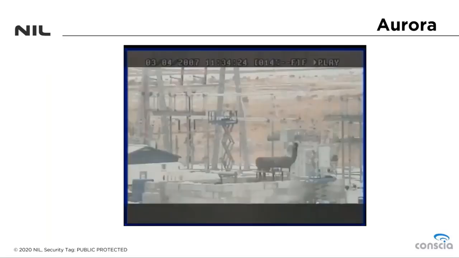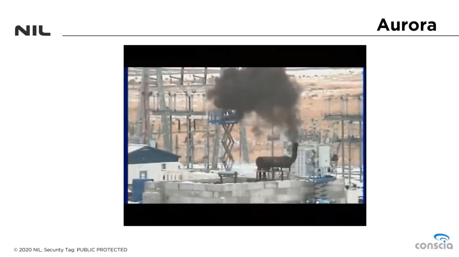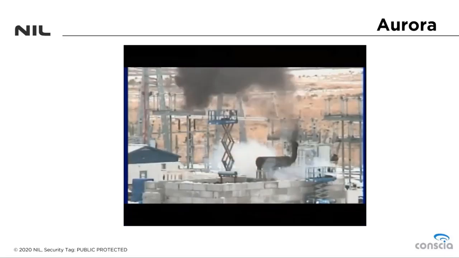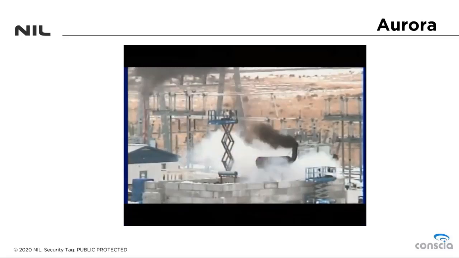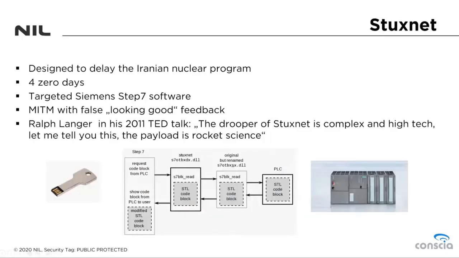So with this result, a smoking and destroyed generator, the researchers proved that with a few bytes of malicious code, real damage can be caused. It is believed that around the same time as the Aurora demonstration, Stuxnet was already in development. Without going much into geopolitical issues, Stuxnet was designed to delay the production of purified uranium that is used for